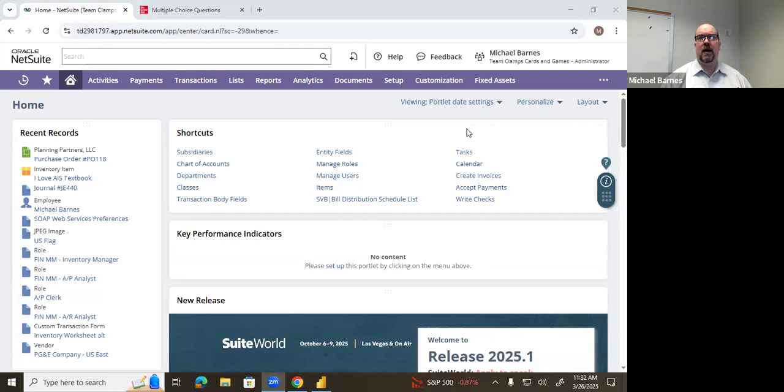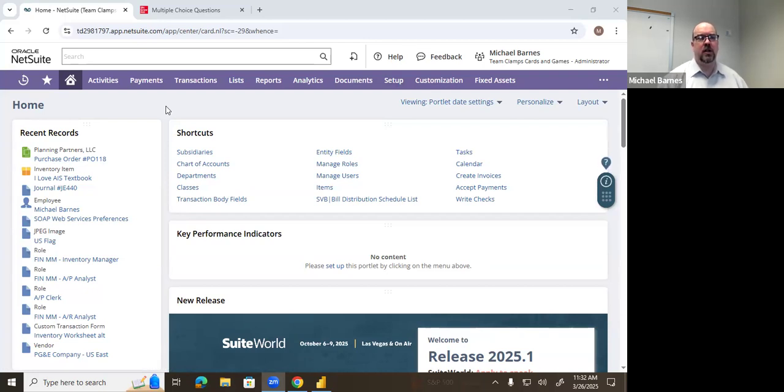So remember, we're talking about the purchasing and revenue processes for these next four NetSuite assignments. So parts 4, 5, 6, 7. And we did the first part of the purchasing process, which if you open NetSuite, you probably should have a purchase order, PO 118 for Planning Partners LLC. That was the result of what we did last time. So remember, we created